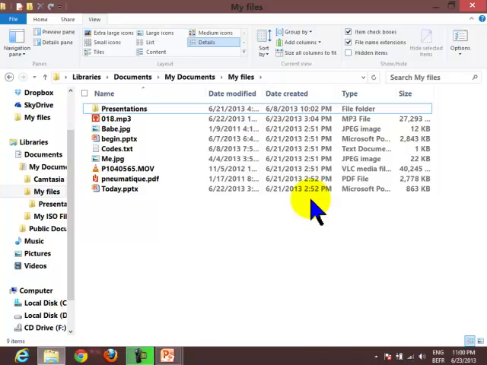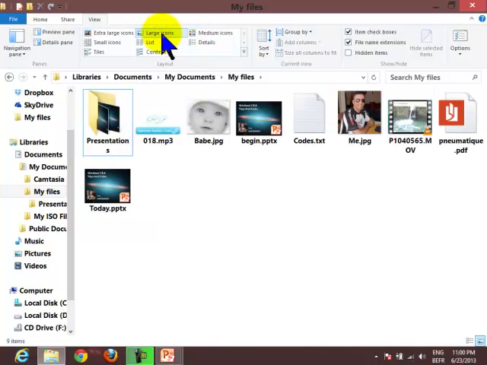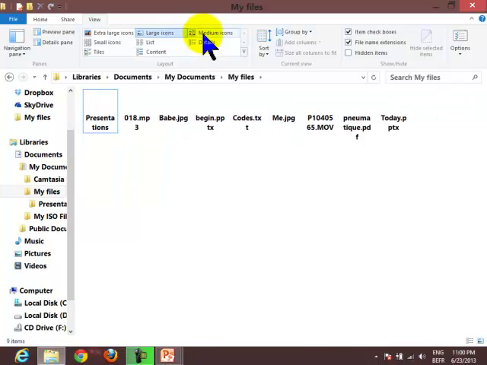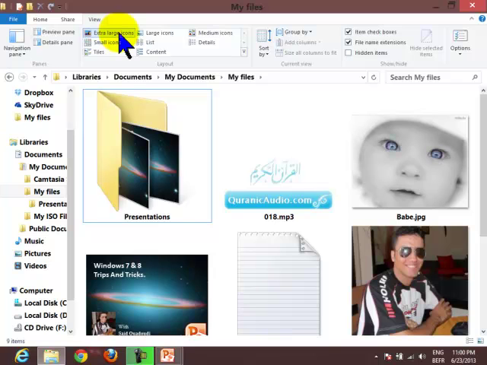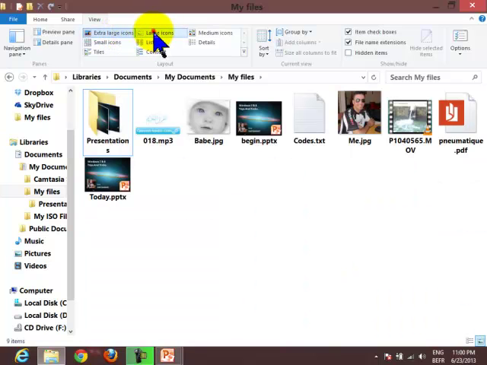So now I will select what I like. For example, I love to have large, for example. If you want to see them like that, it looks better. I can see everything looks big. If you want to have extra large, by clicking extra large, you can see them very big, like that. So large is fine for me. So this is everything about the ribbons, how to customize and personalize